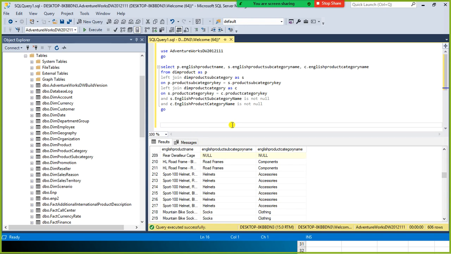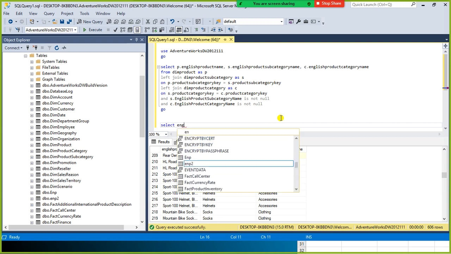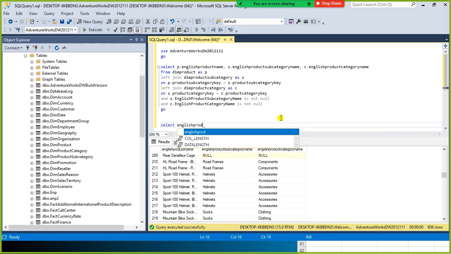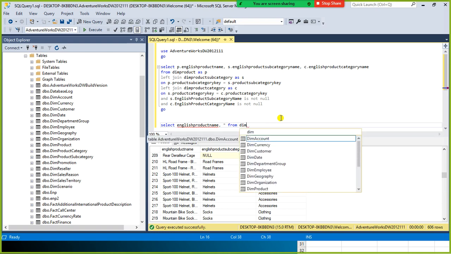The only thing is, let us try to understand why we are getting null here. How many of you are aware of the slowly changing dimension? English product name, comma star from dim product.